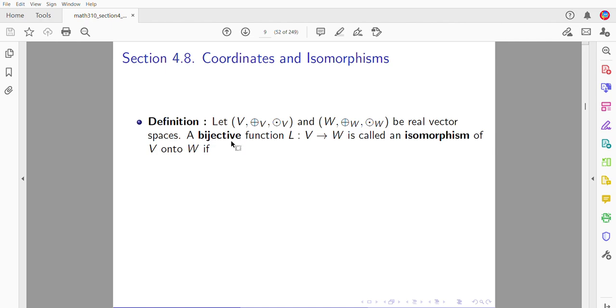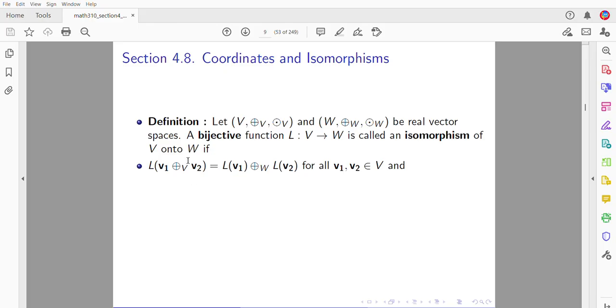In other words, you have to be injective and surjective. Injective is one-to-one, surjective is onto. So a bijective function that is both one-to-one and onto is called an isomorphism if